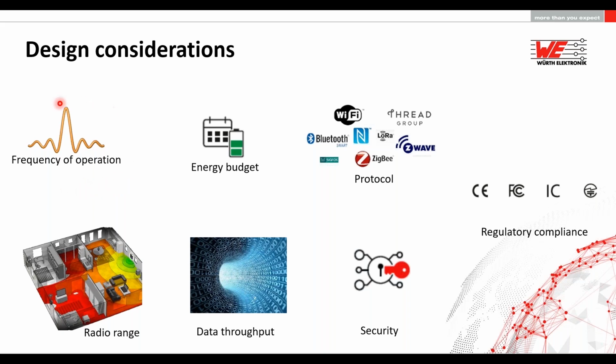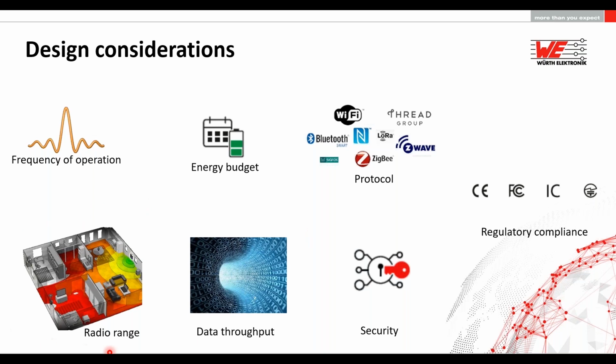The most important factor to consider here is the global availability. The 2.4 gigahertz ISM band is globally available. Hence, you can design a device once and deploy it anywhere in the world. On the other hand, the disadvantage is that a lot of devices, including Wi-Fi routers and devices, operate in the 2.4 gigahertz band. It is a crowded spectrum, and in an industrial environment, we have to ensure that the wireless link is robust. More on that a little later in my presentation.